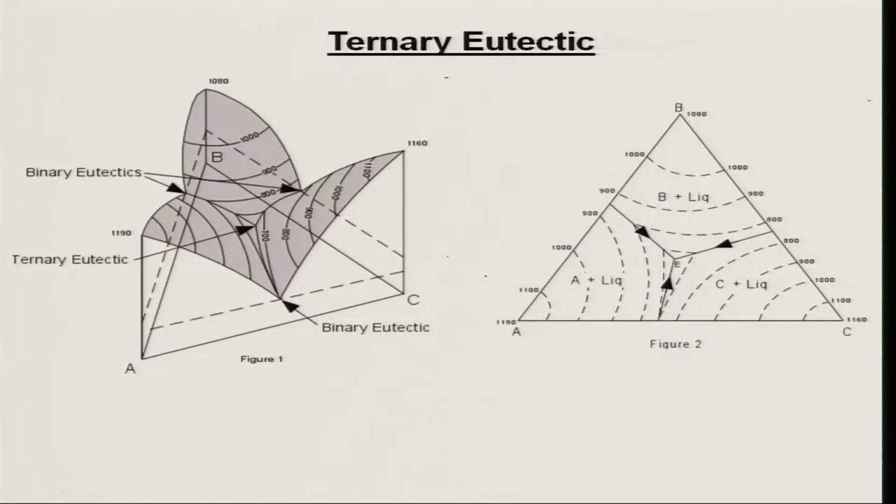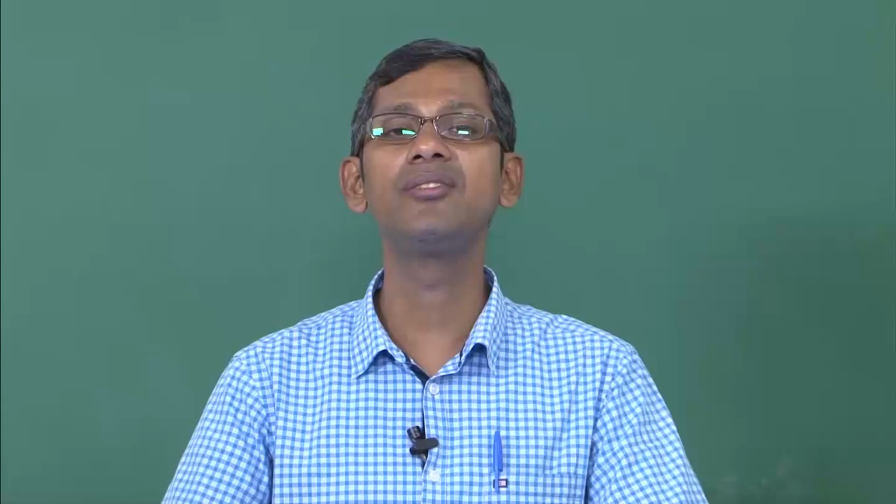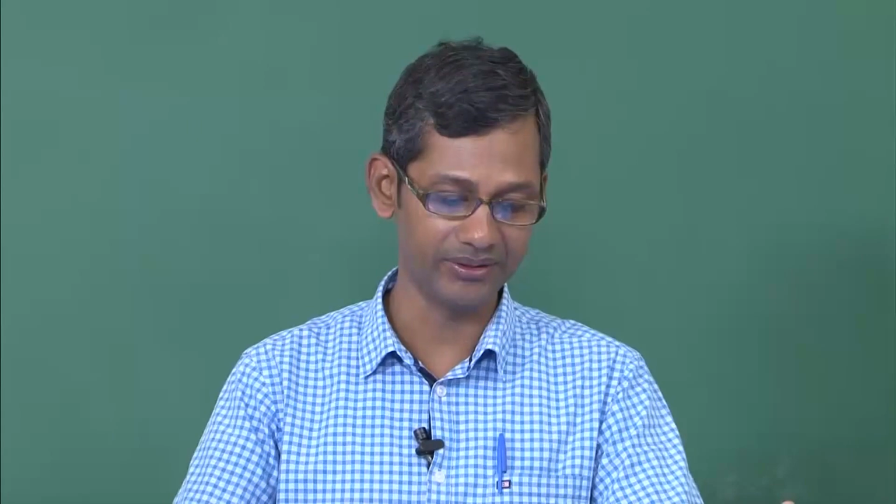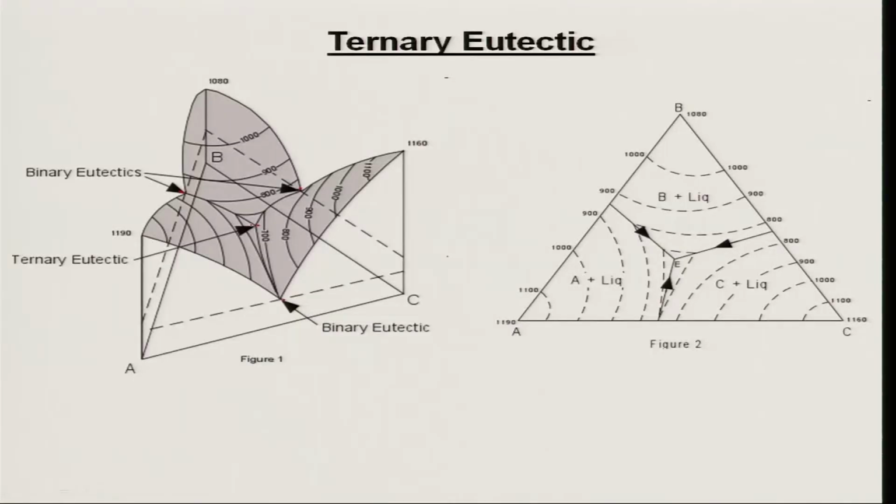And the phase diagram will look like this. I have shown you earlier also. You see, these are the binary eutectic points 1, 2, 3, and the ternary eutectic point is there. It lies well below the 3 eutectic points in the binaries, correct. And the liquidus surfaces will look like this. It is shown here. They are going down, forming a valley in the 3 binary eutectic regions,